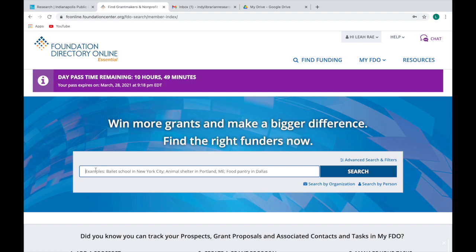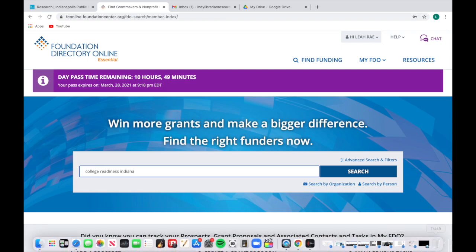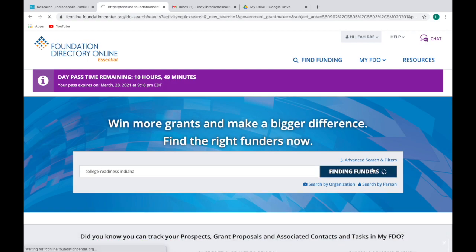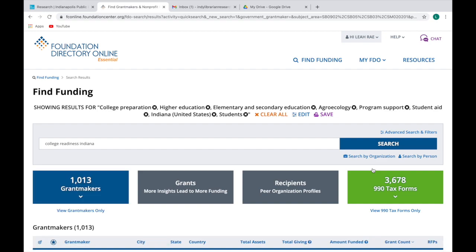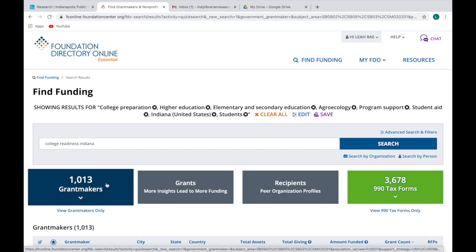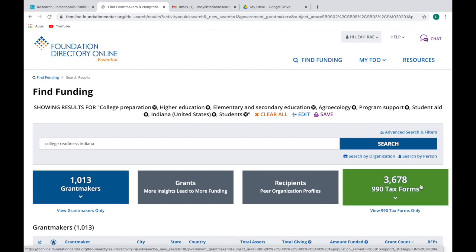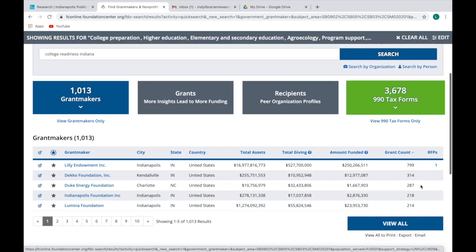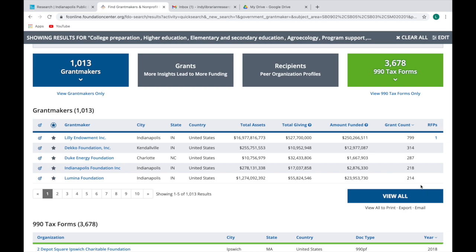Let's say your organization wants to offer programming for college readiness in Indiana. Type those terms into the search box. And then click the blue search button. Let's take a look at our search results. You will notice below that there are 1,013 grant makers that match our search terms and 3,678 990 tax forms. If you scroll further down, you can see a list of the top 5 search results,